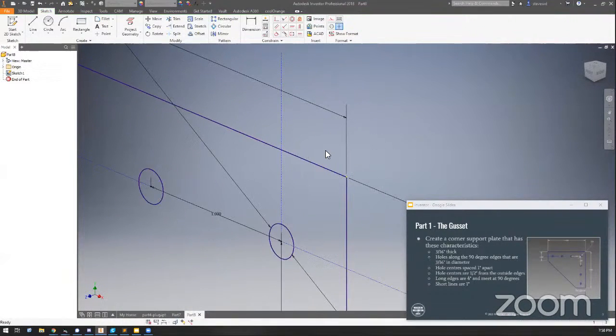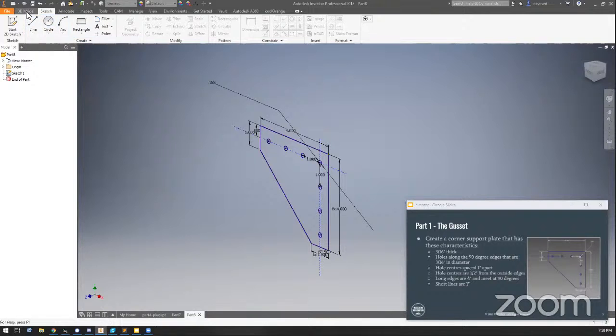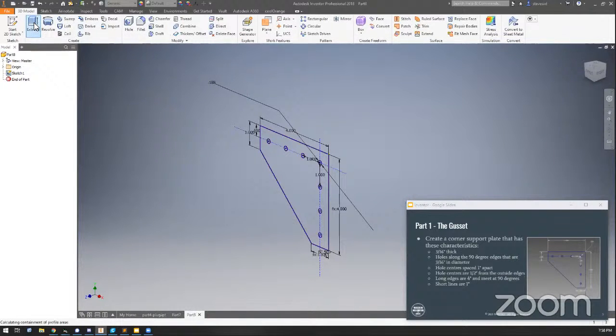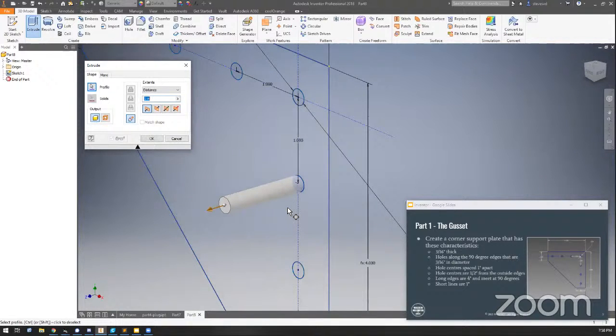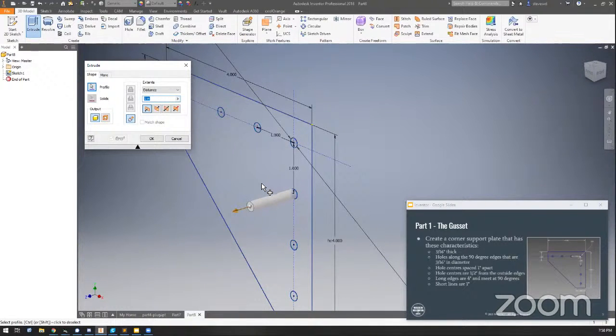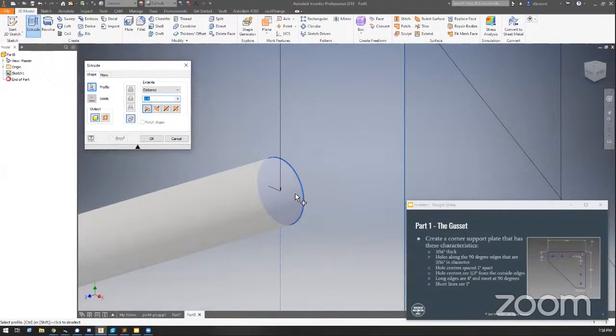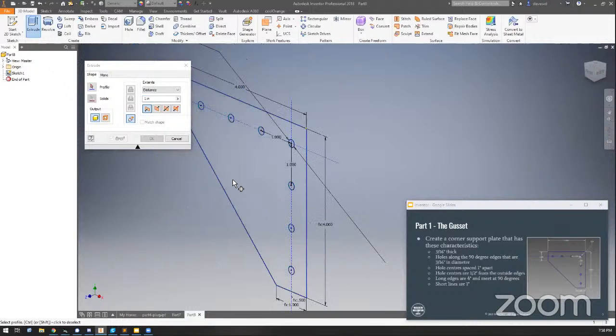So I'm going to click Finish here, and I am going to go over to 3D Model, click Extrude, and you can see nothing popped out like it did before because it's not sure what I want to actually extrude. I could actually extrude this from it, which would be weird, but Inventor doesn't know that I don't want to do that. So I don't want to do that. What I can do once again is hold Control and deselect this,